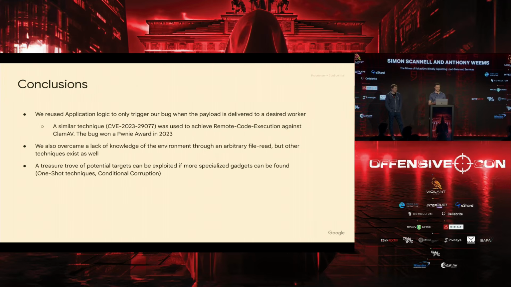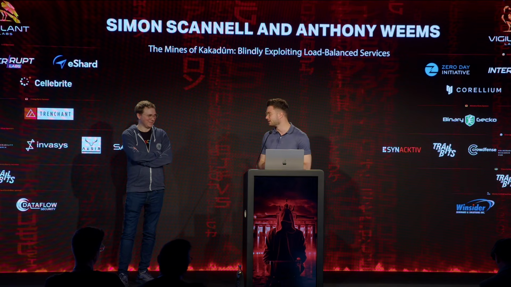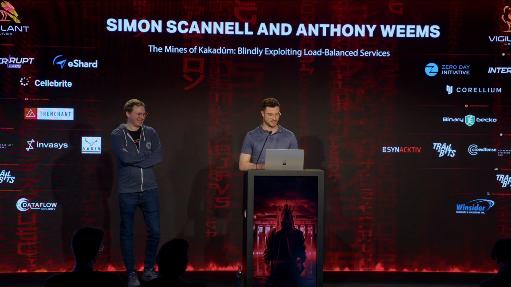And we're looking forward to seeing more techniques for fingerprinting libraries remotely, and also for remotely identifying binaries. So in this case, we used an arbitrary file read, but you could also use, say, out-of-bounds reads to leak pointers to standard libraries or fingerprint standard libraries another way. When we release the slides, we'll release an extended version with some more ideas for fingerprinting techniques. But since we opted for the short talk, we left that out for today.